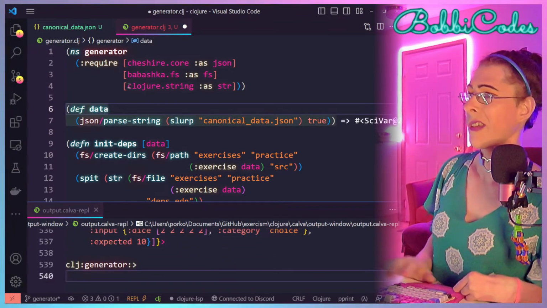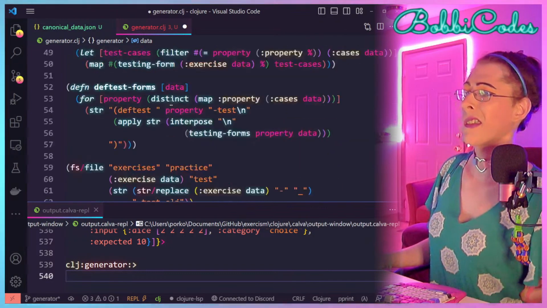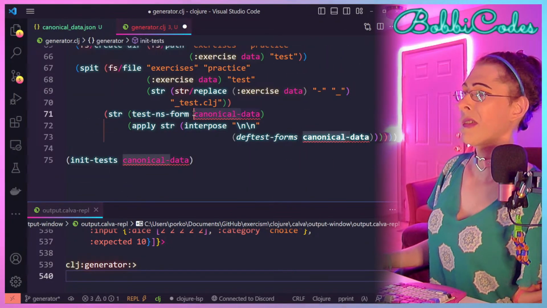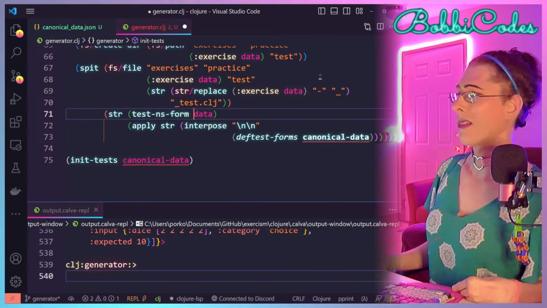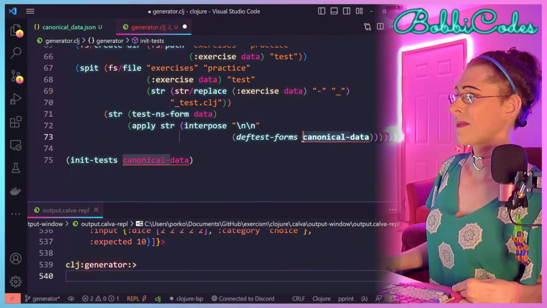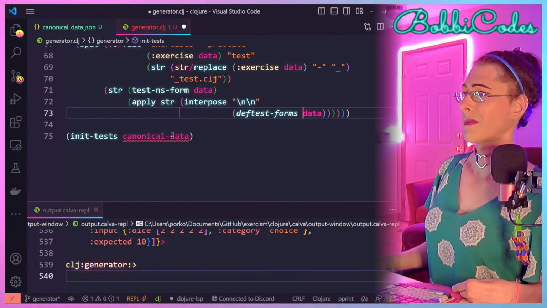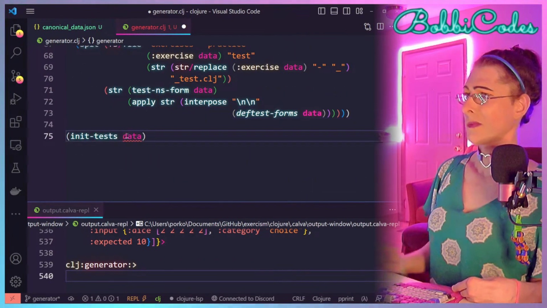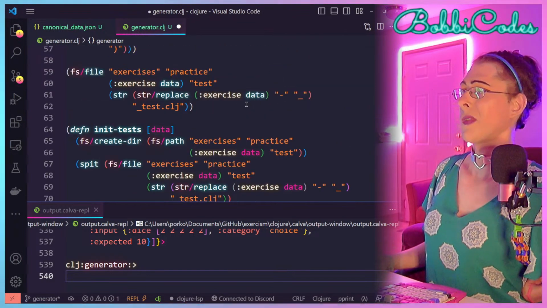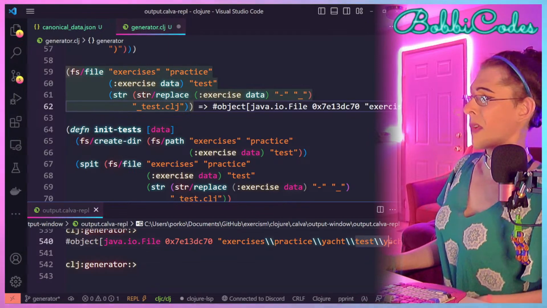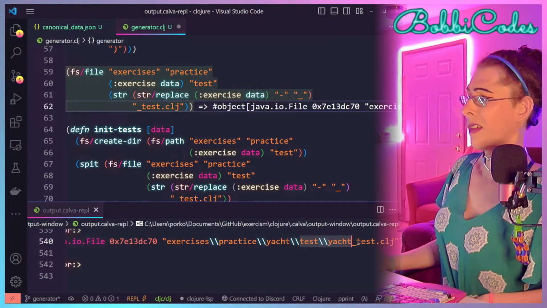Now I can test them without changing anything. Oh, I have to do this. Exercise is practice yacht test.